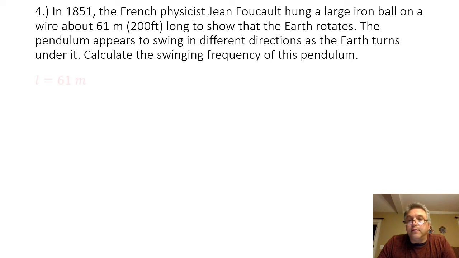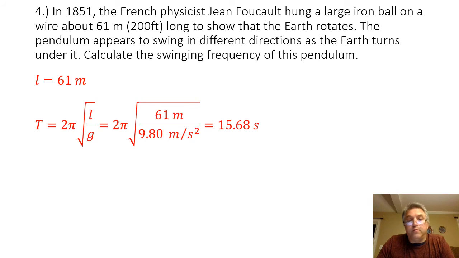So the length of the pendulum I know is 61 meters. I'm looking for the frequency. Once again, I can't get the frequency from my pendulum formula, but I can get the period from the pendulum formula, and from the period I can find the frequency. So using my pendulum formula to solve for the period, which is already solved for, no rearranging necessary on this one, I just plug my values for the length of the pendulum and my gravitational acceleration of 9.8 meters per second squared into the pendulum formula, and I will get a period of